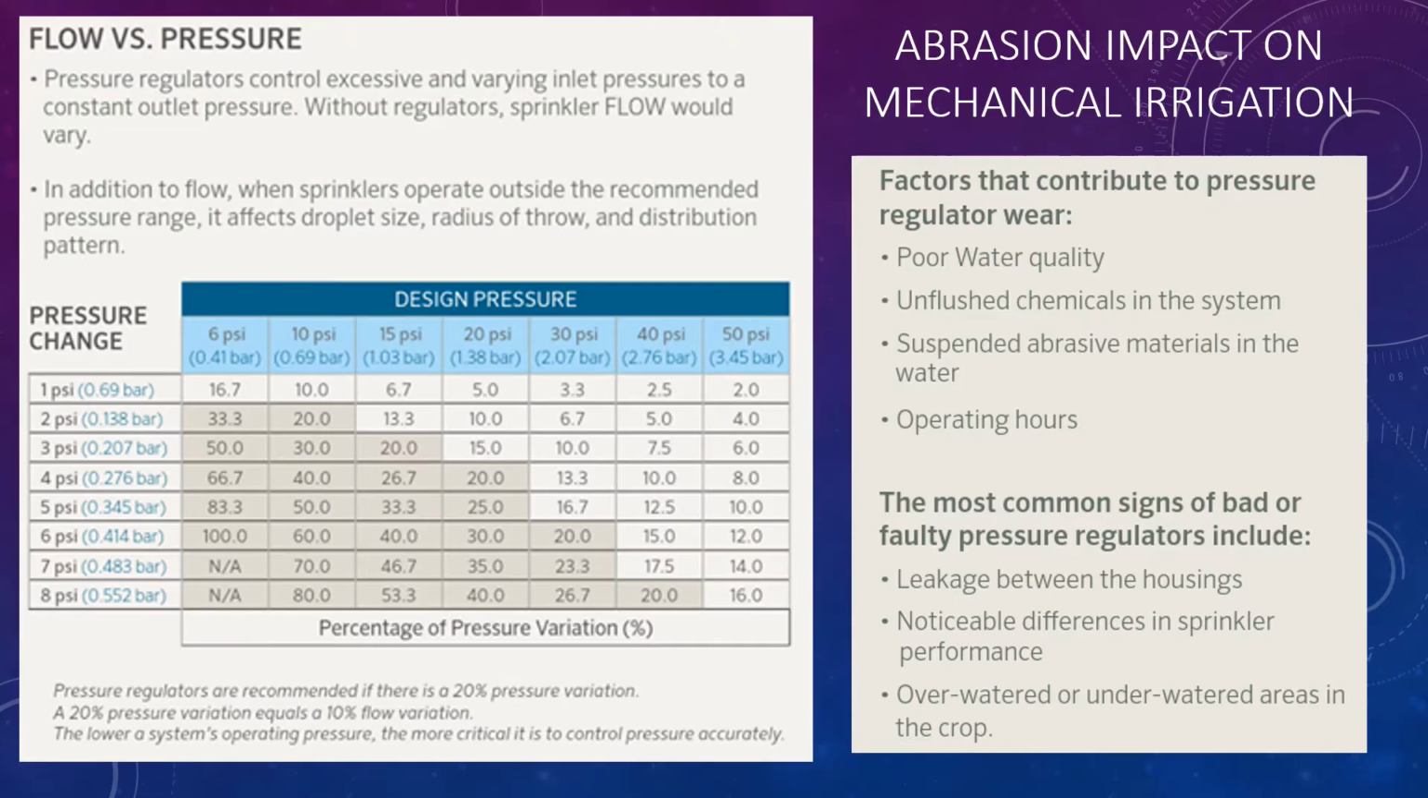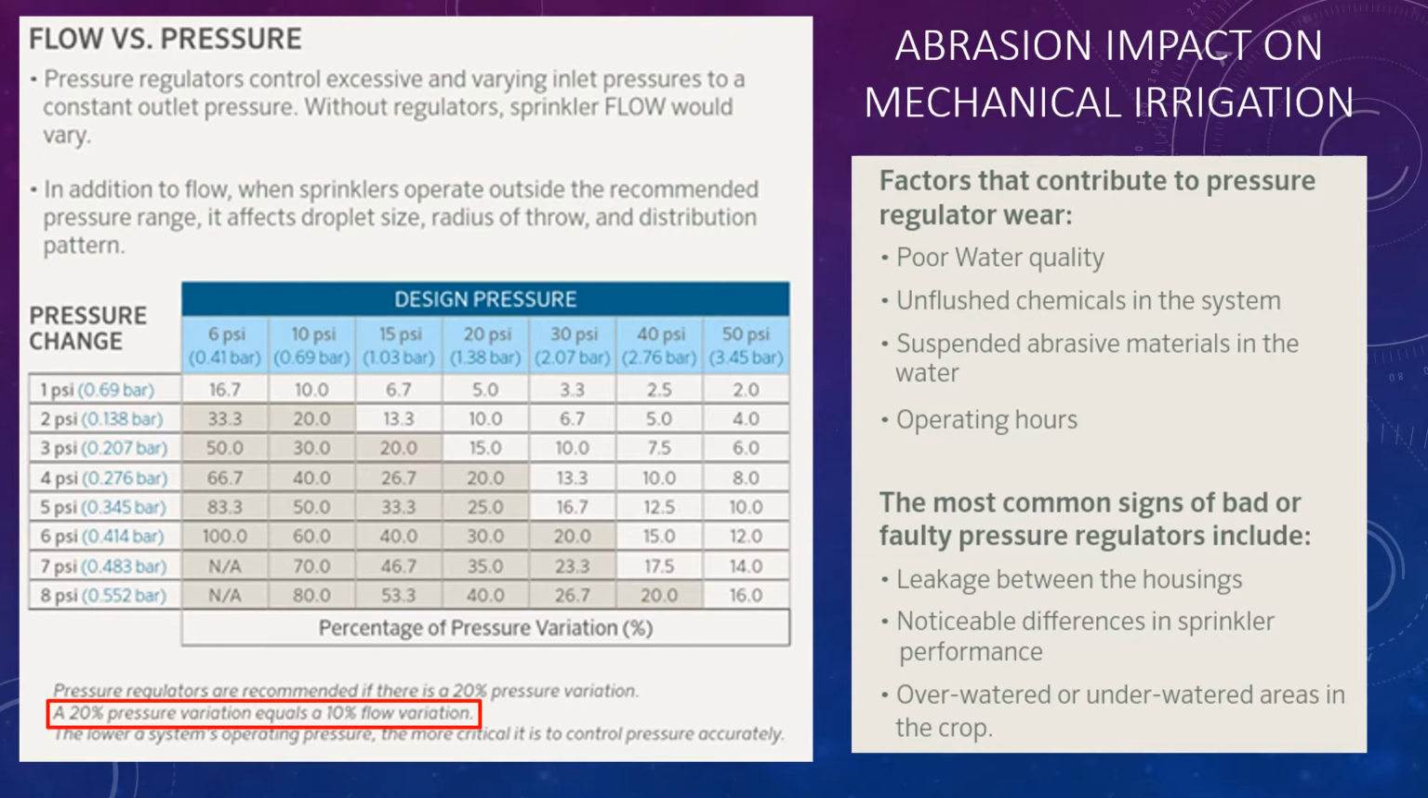So let's take a closer look at how pressure affects flow through an orifice. Most fields are not flat, so pressure regulators are a requirement so that we can maintain that design flow across the field and that high distribution uniformity that's promised by the mechanized irrigation industry. Note that if you have a pressure variation of 20%, you get a 10% flow variation. Now, this can occur because